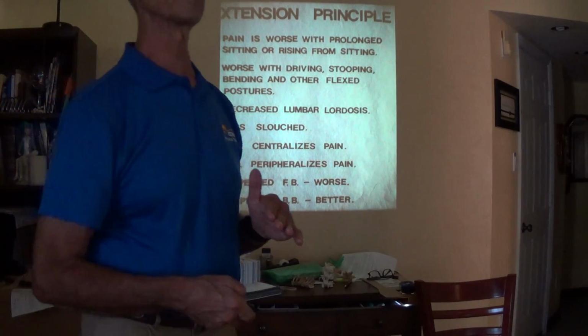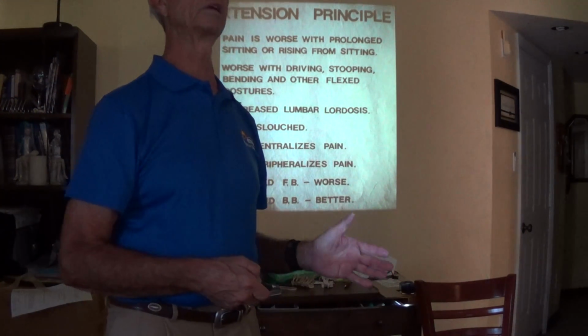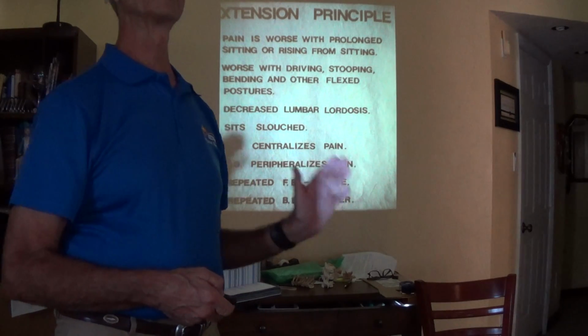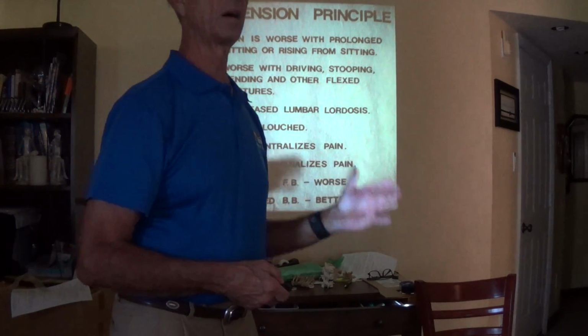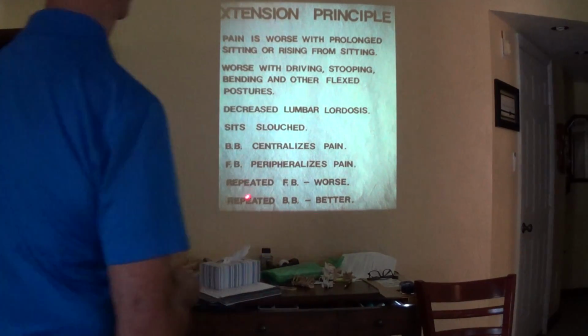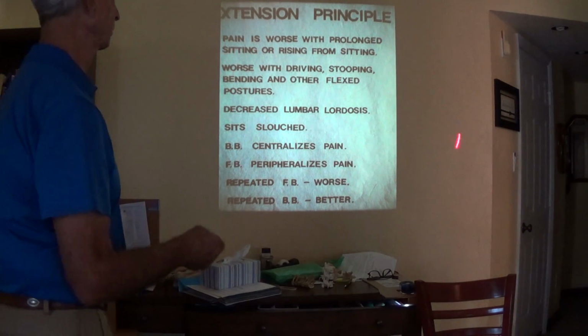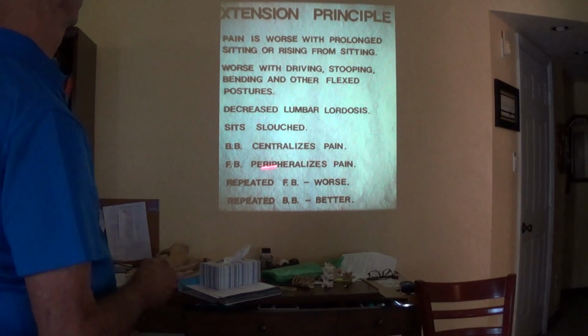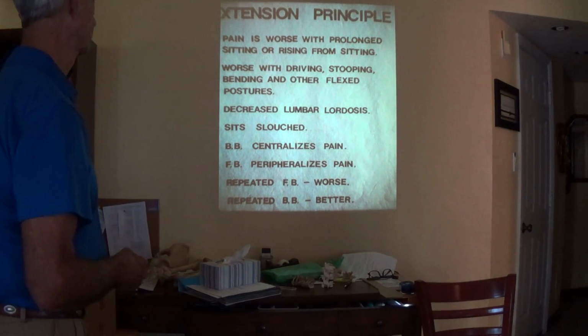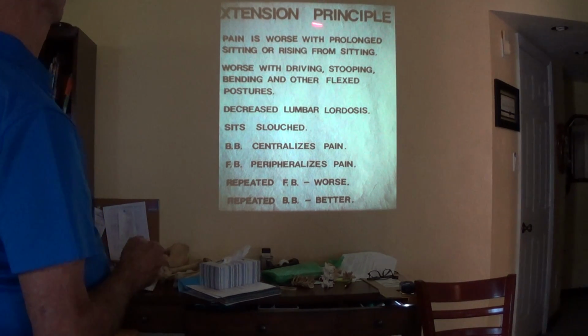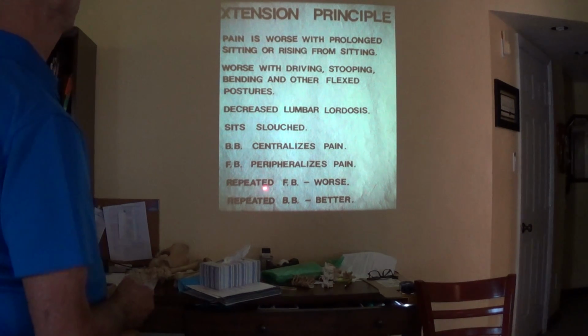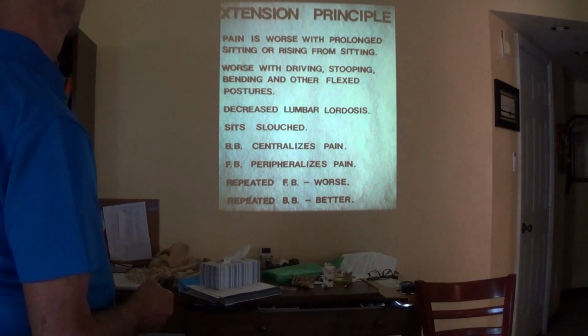increased tangential strain, causes a lot more bulging posteriorly, and this obviously will cause more protrusion into the nerve root, into the dura, into the parenchyma of the nerve root, and you'll get peripheralization of symptoms. Now with these people on the extension principle, generally speaking, the repeated forward bending makes them worse, repeated backward